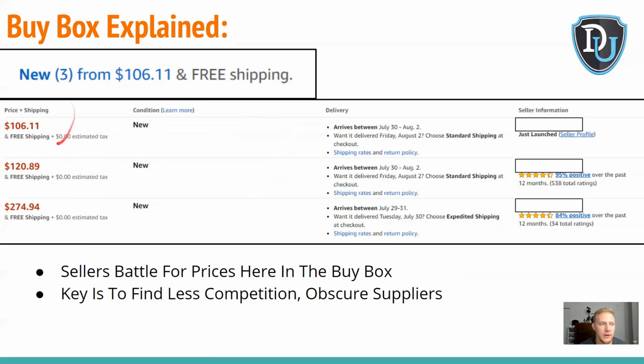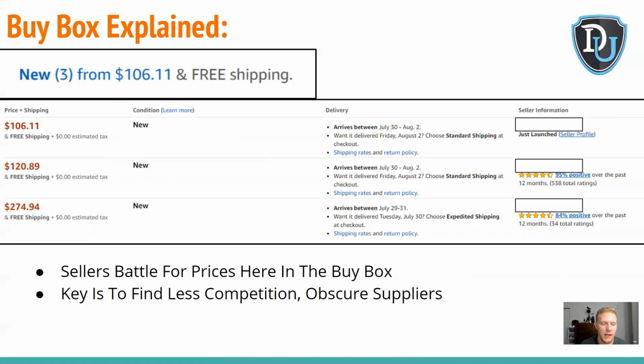buy box. So here is an example of a not very saturated buy box. Like I said, this item only had 3 people on it. This person's very low, but they just launched. So that could play a little bit of a role if they get it or not, but they did get the buy box. And also, how do you make sure that you get higher margins and stuff? So a ton of people are doing Walmart onto Amazon. I stopped doing that 3 months ago. I had a video where I talked about I almost got banned.